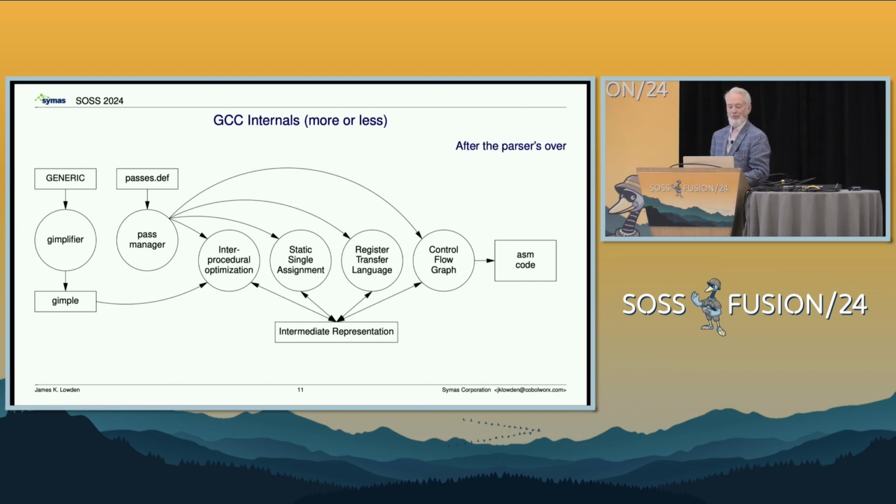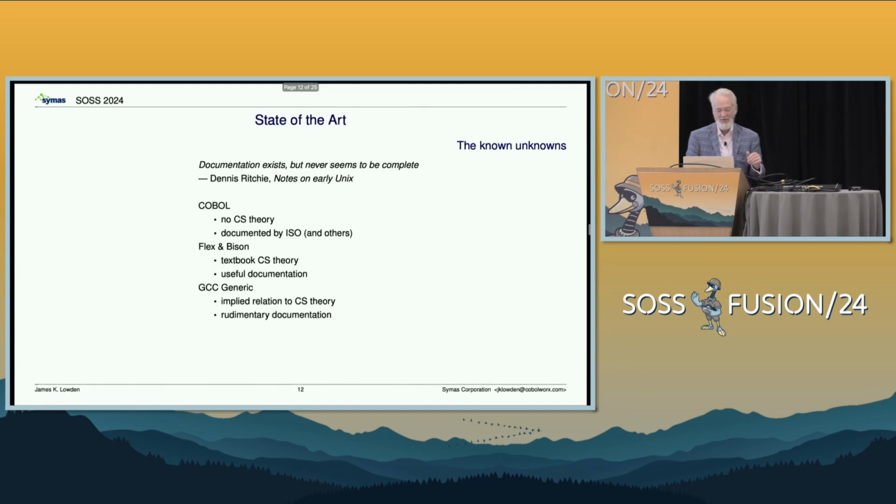What that thing called intermediate representation actually looks like inside the system changes as the process goes along. But I cannot say that I understand it, because if you read the GCC internals document, it won't tell you the things you need to know to do that. My colleague, who was supposed to give this part of the talk coming up, just said, look, just tell them it's not documented. That would be the closest thing to true.